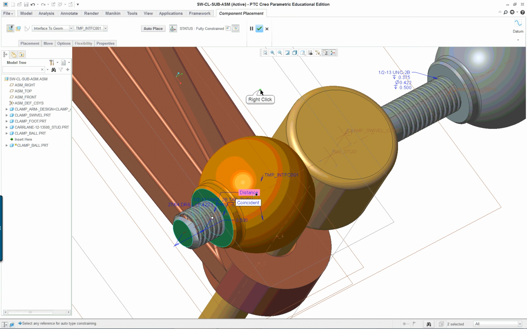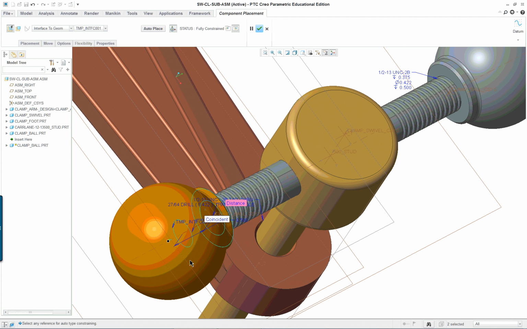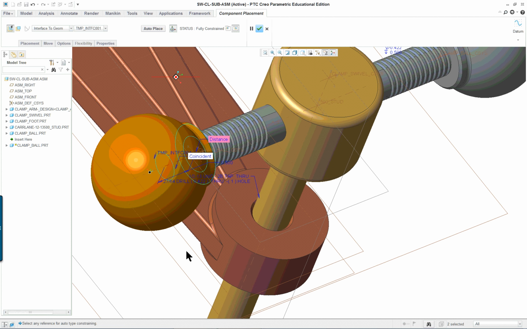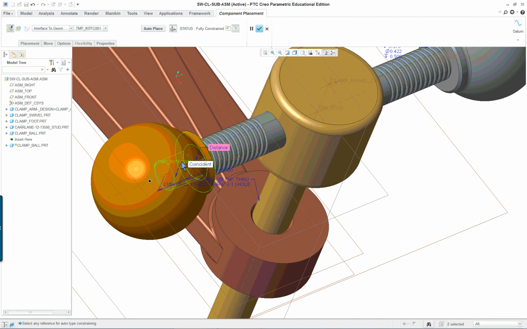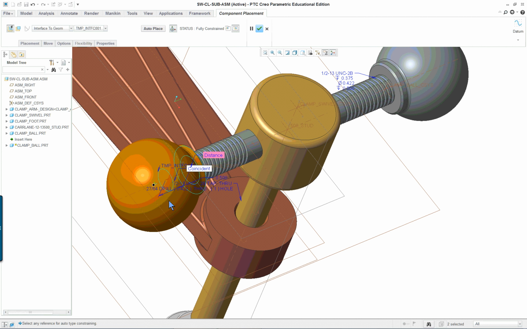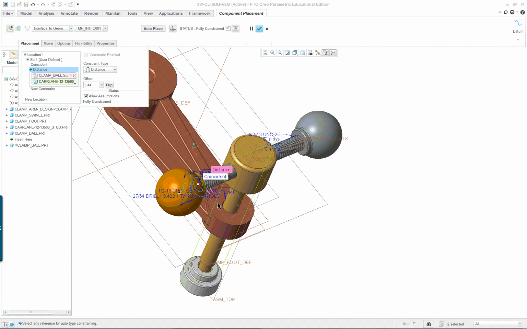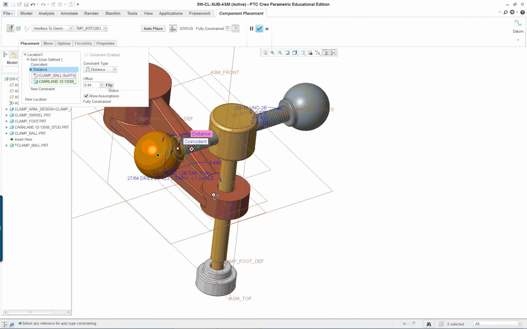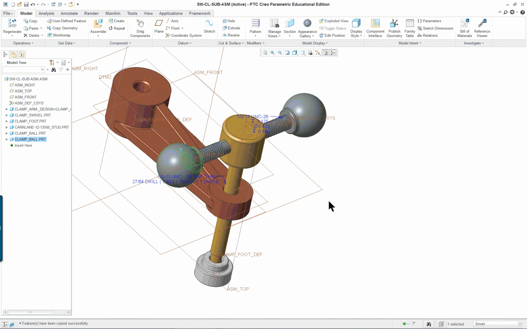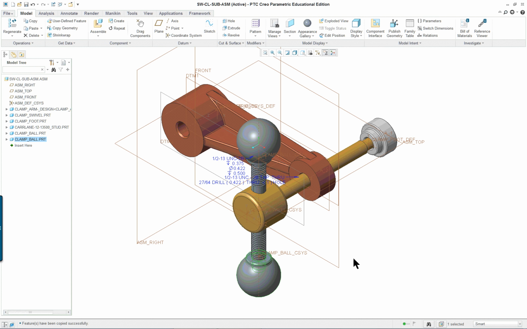And let's flip the constraint. And on this side here, I think it's really actually supposed to be 0.44. So let's look at our placement here. You can go back on the other one and change it to 0.44 so it doesn't bottom out as far as the threads go. Control D, zoom up, and we have our completed